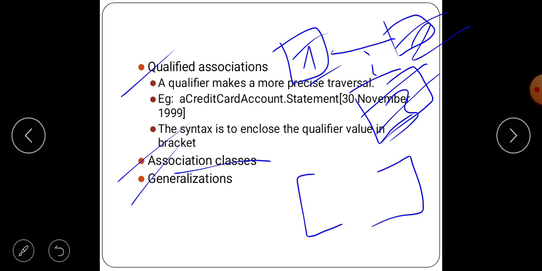That is the use of association class with OCL.